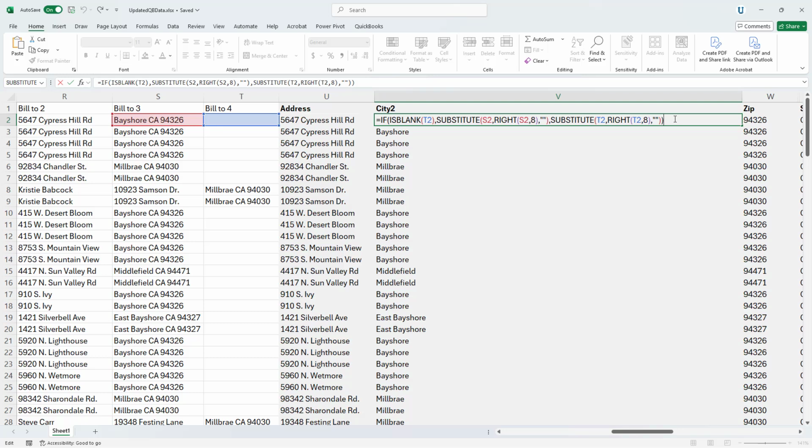This formula also uses the IF function and a nested ISBLANK function to test if column T